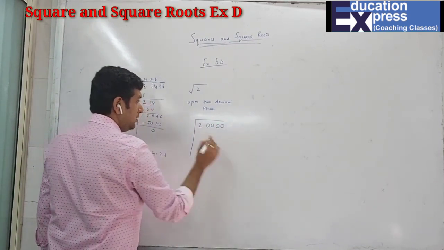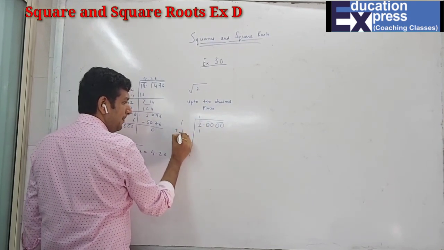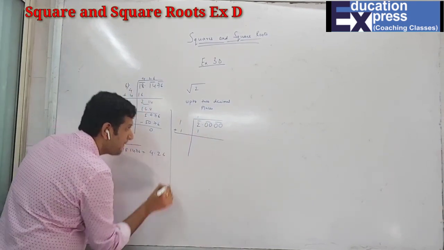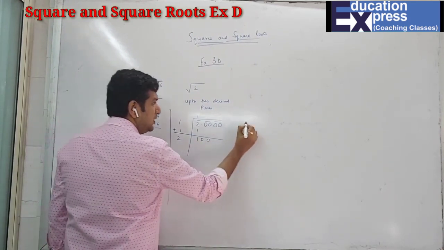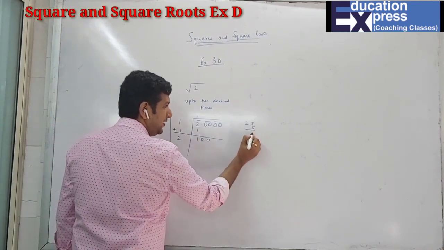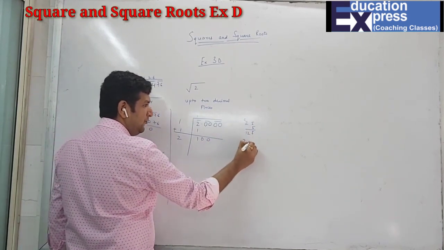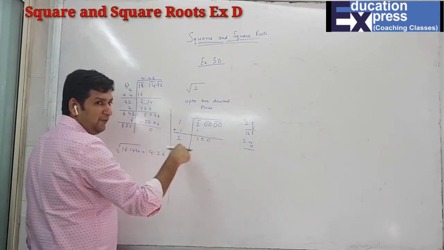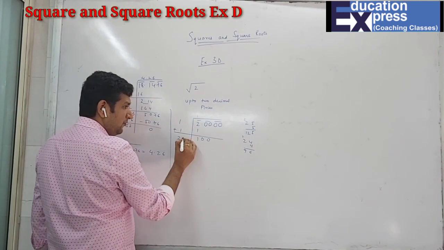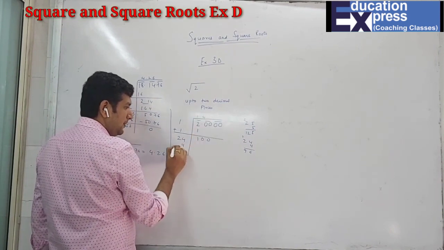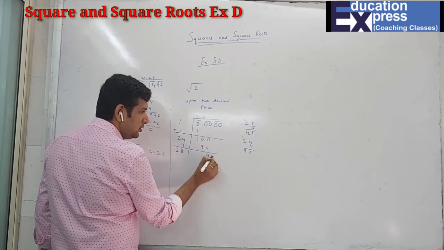So now 1, 2 and here, 1 ones are 1. Now 2 ones are 2, then 5s are. If I start with 5, 5 5s are 25, and then 125, which is more than this, so I'll go for 4. 4 4s are 16. Obviously before 5, 4 comes, and here always has to be a square. So 4 4s are 16, 4 2s are 8, 9. So 4 4s are 16, 28, and here 96, 400.